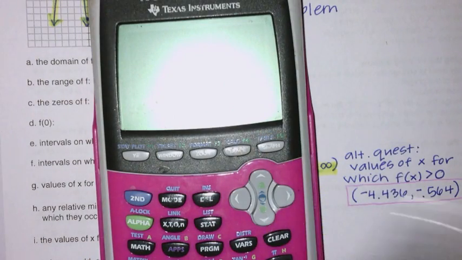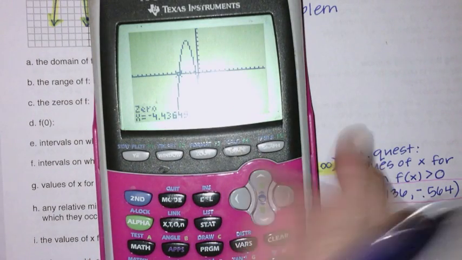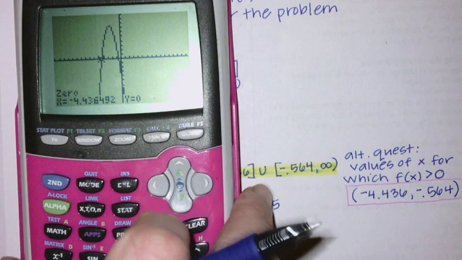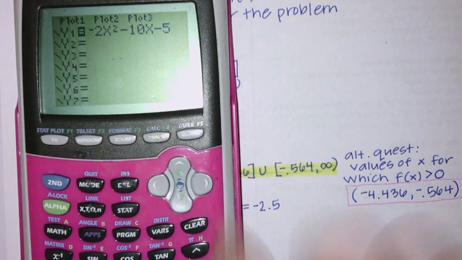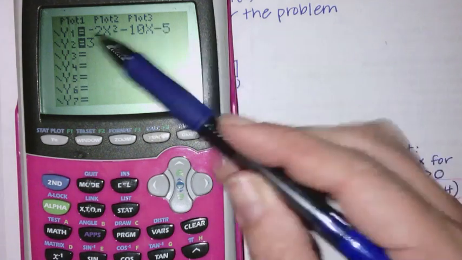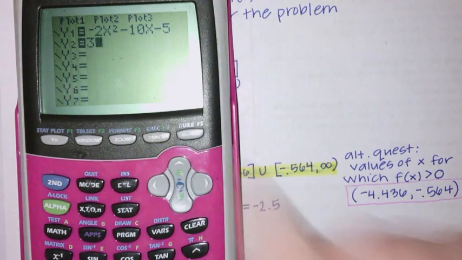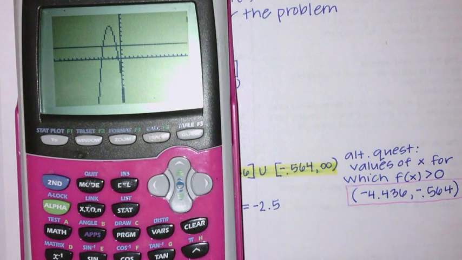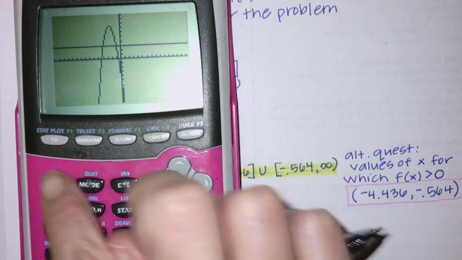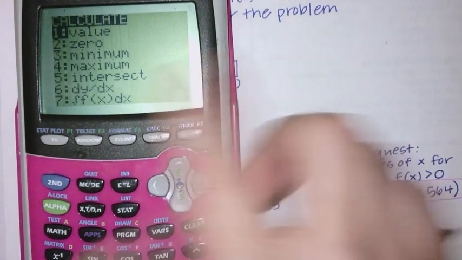Go into your calculator. Mine shut off, so I got to turn it back on. I am actually going to go into the y equals feature and hit 3. I'm going to set up a second one. So here's my equation, and here's 3, and hit graph. Hey, there it is. Now, remember, anytime we want to do something, we hit second calc, and look at that,